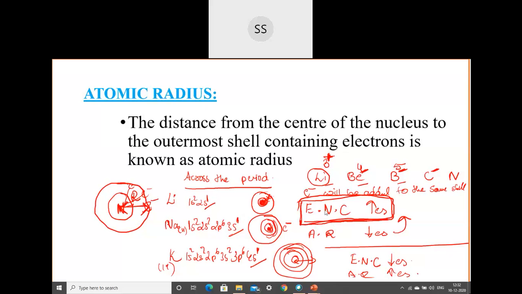Yes, this one reason you write, okay, that is effective nuclear charge you have to mention. If you don't mention that, then it will not give a correct picture, okay. So it's better always you mention what happens to the effective nuclear charge across the period and down the group. That should be the main reason.